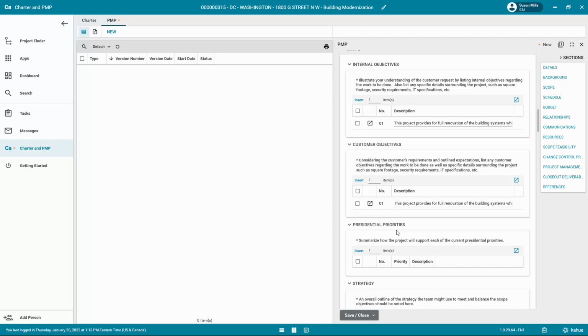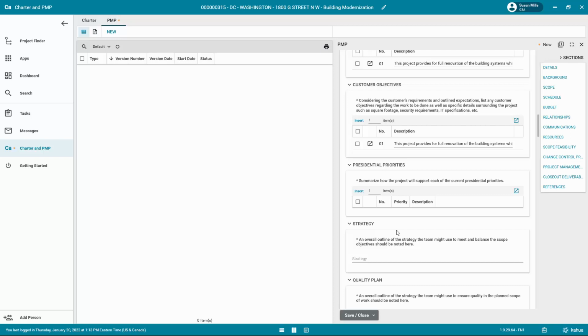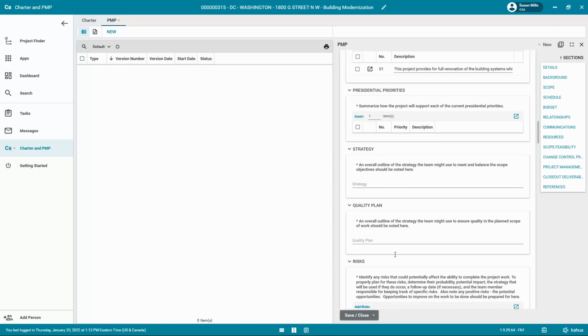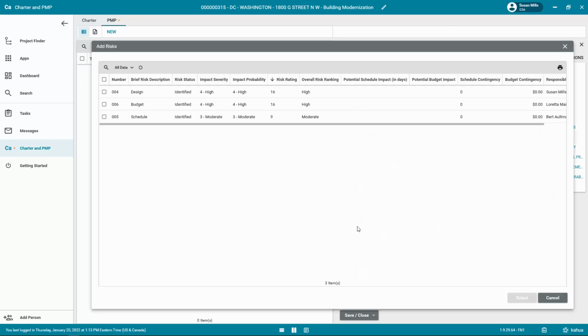Summarize how the project will support each of the current presidential priorities. Enter an outline of the strategy to meet and balance the scope objectives. And enter an outline of the quality plan strategy. Identify any risks that could potentially affect the ability to complete the project work. To add risk, click the Add Risk button and select the risk by checking the box